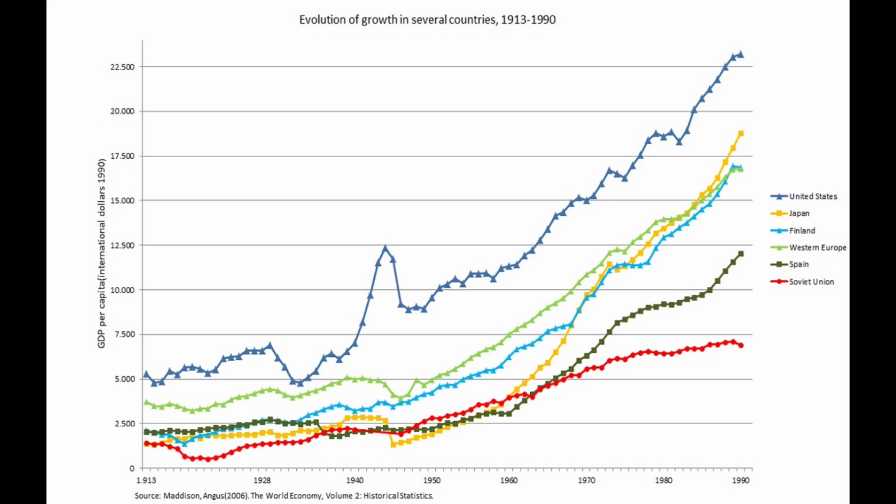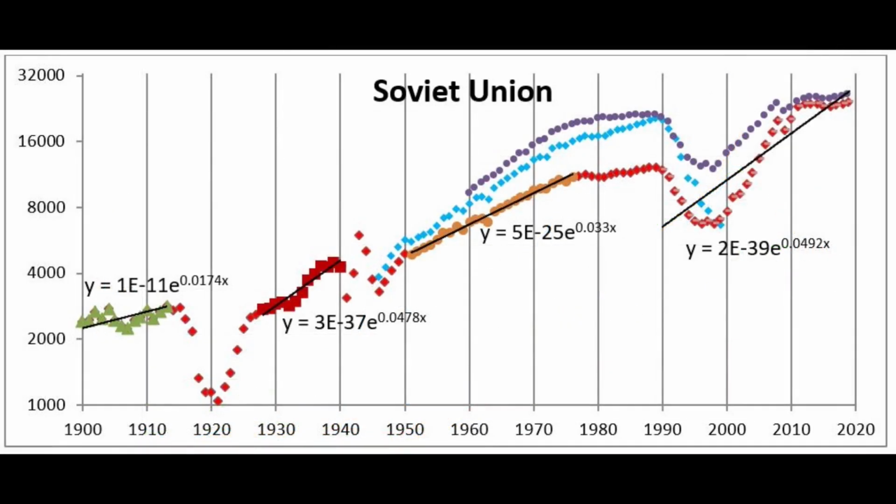There are a number of issues here because the Soviet Union had a very extensive and troubled history throughout the 20th century. So it's vital to consider these developments when trying to interpret growth trends. In particular, the Soviet Union experienced first the First World War and then a major economic collapse following the revolution in 1917. Its GDP per capita went from over 2,000 to about 1,000, so it fell by more than half. This was obviously devastating for people at the time.